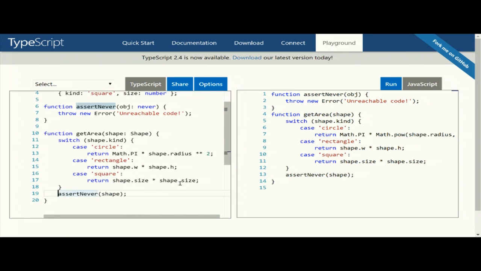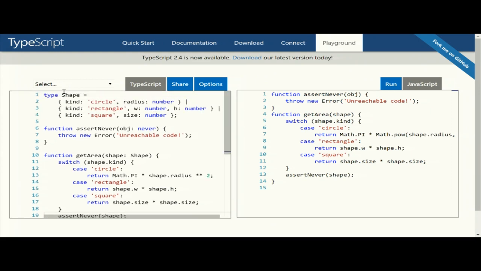They are all covered here. Everything is working just fine. This code is sort of redundant. And in a way it is, but still, if you have a big team and a big project, maybe this first line is going to be in one file, and this getArea function is going to be in another file. And then at some point,